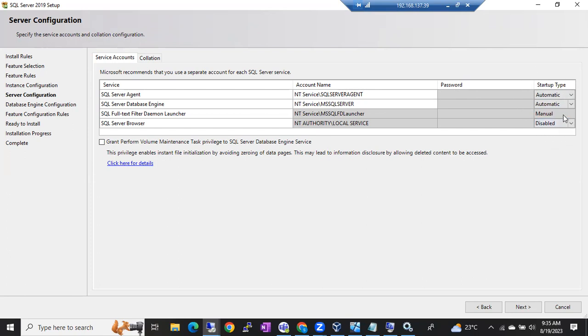Full-text you can change after installation. Browser I'll show you after installation, what services you will get. There is a separate session after SQL Server installation, where we'll discuss the services, guys. As of now, when you restart the SQL Server,